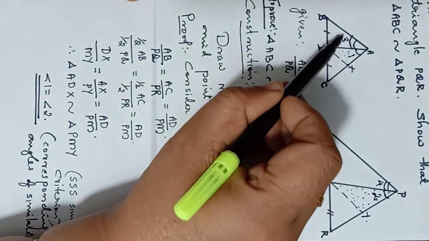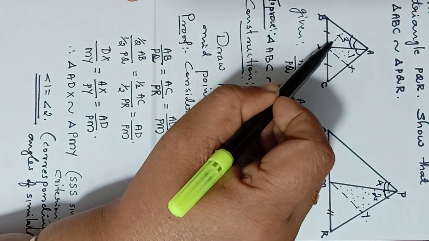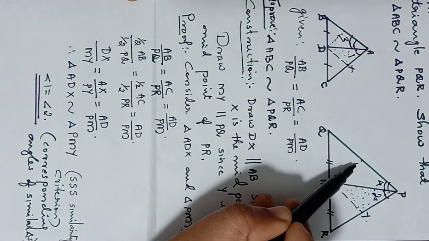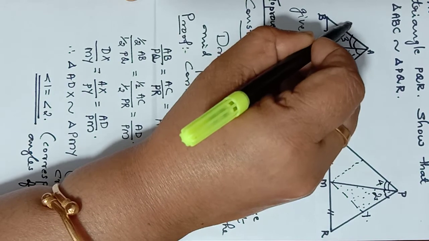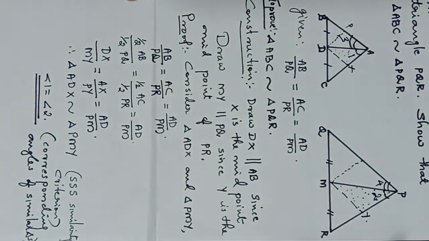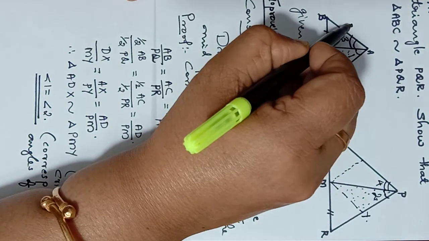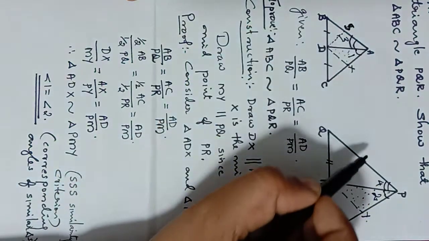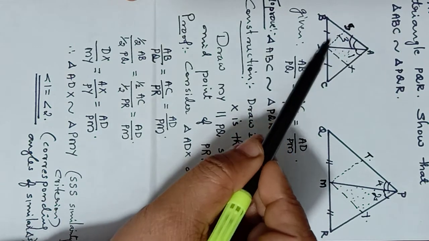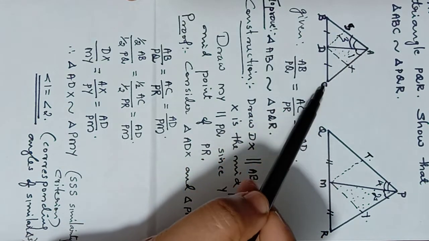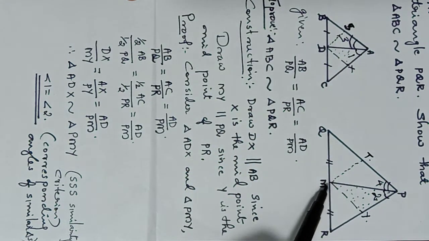What is the method? Again, if we have a construction like this, here also to the midpoint X and Y we have taken. Let us take some other point here. Let it be P and Q, for example. P already there, PQR. ST, let us take S and T. So here, as I told you, SD will be parallel to AC. TM will be parallel to PR.